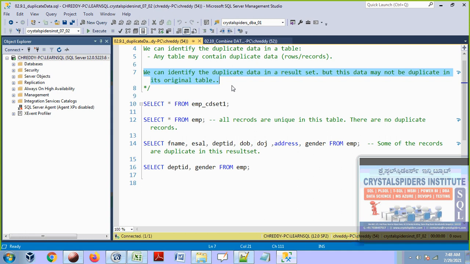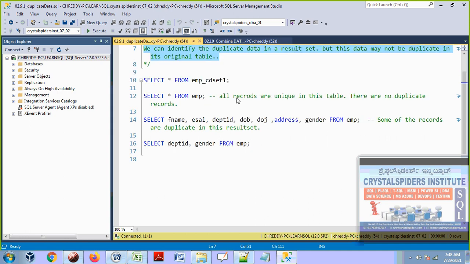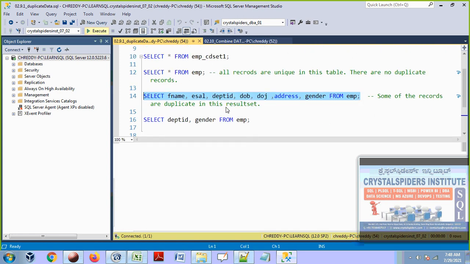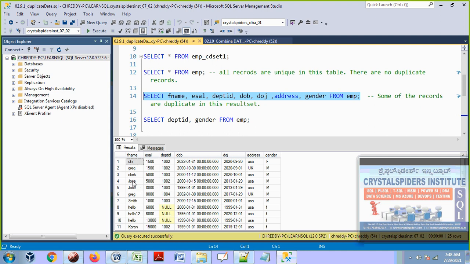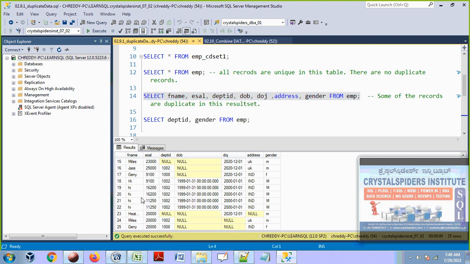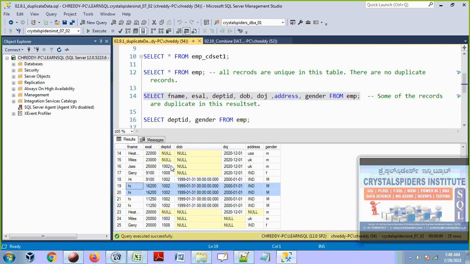Now you highlight this statement. We may see the duplicate data in the result set. That means in an employee table, when I am querying for specific columns, then we can see duplicate data. This SQL query is giving some duplicates. You see that these two records are the same, but actually their phone numbers are different, their email IDs are different, their employee IDs are different. But when we are checking only within this result set, considering only this result set, then I can say that is duplicate data.